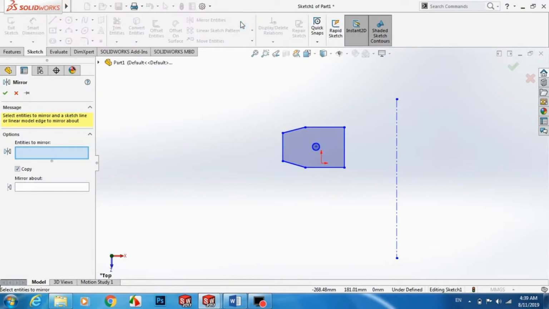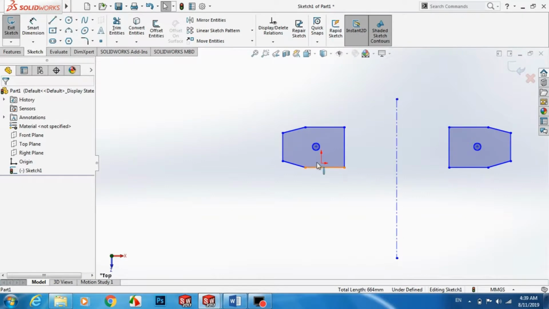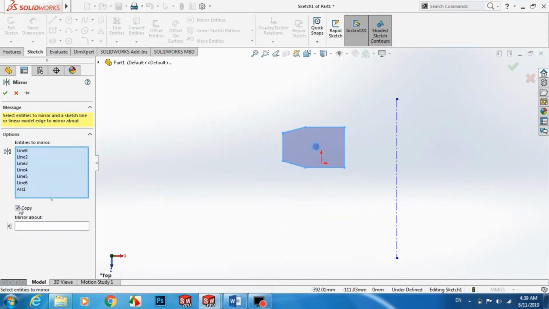Go to the mirror tool, select entities to mirror. Mirror about, for example, this line. Okay. Here we have two copies. If you want just mirror it, Ctrl Z, mirror, unselect copy, mirror about this line,